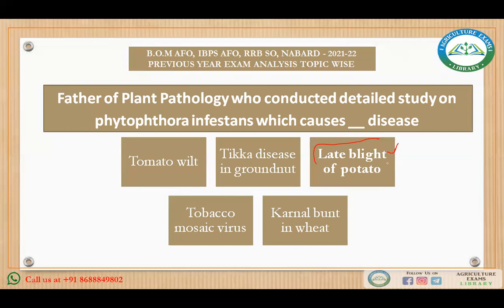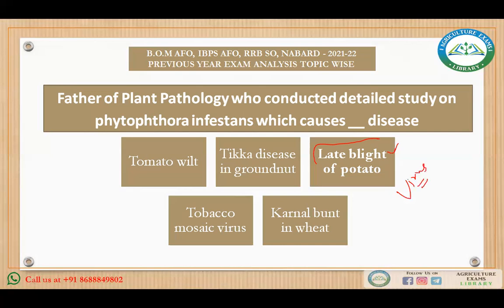If you ask about the potato tuber dormancy period, that is 8 to 10 weeks. Tubers are generally treated with 1% thiourea plus 1 ppm GA for 1 hour to break the dormancy. When you talk about the seed plot technique in potato, that was developed by Dr. Pushkarnath, and this is a technique of multiplication of disease-free seed, generally virus-free.